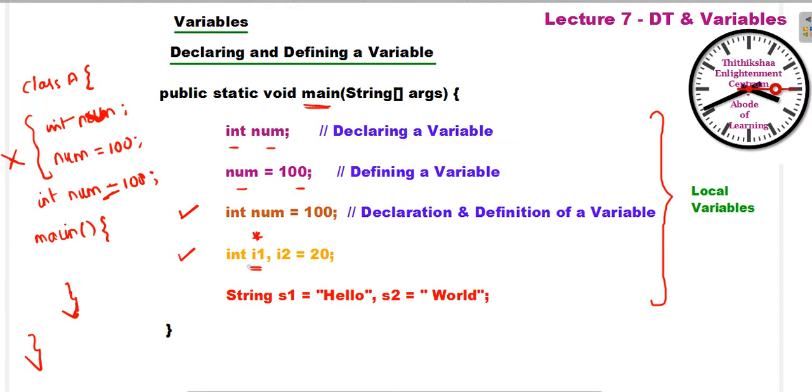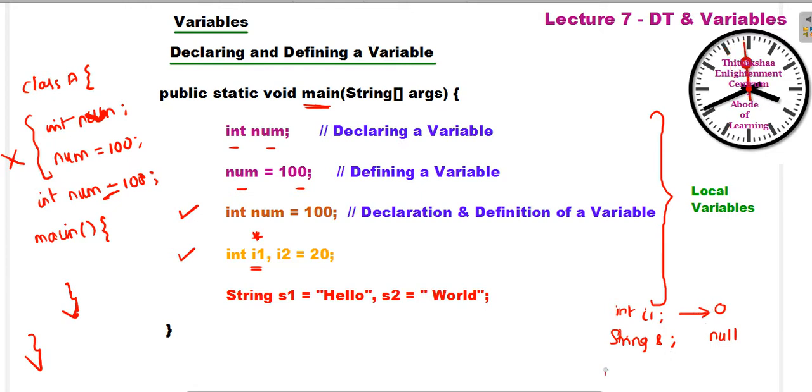So local variables have to be initialized if declared, and both the static as well as the instance variables need not be initialized. It's not compulsory. If it is a number, the default value it will take is 0. If it is a string, the default value it will take is null. For example, if I give a String without giving any value, the default value will be null. Similarly, if I give int i1 and don't give any value, the default value will be 0.